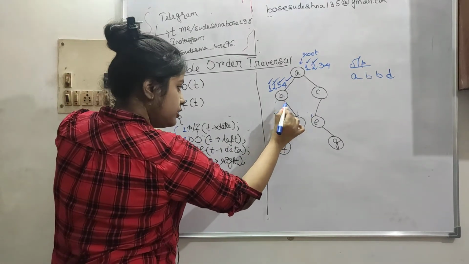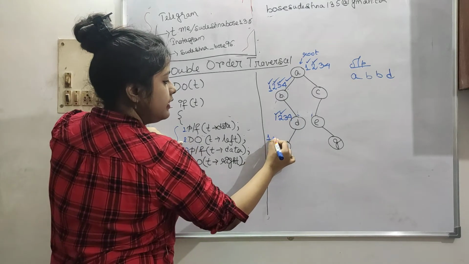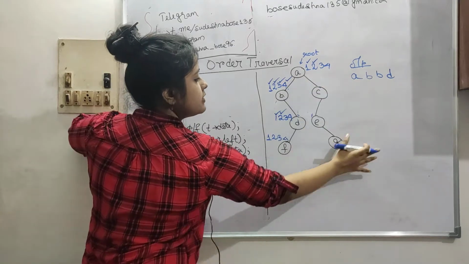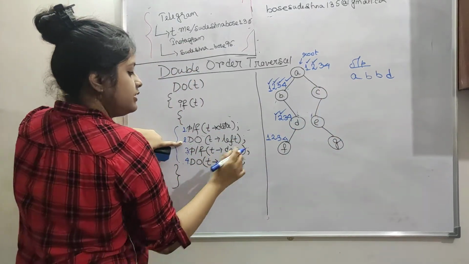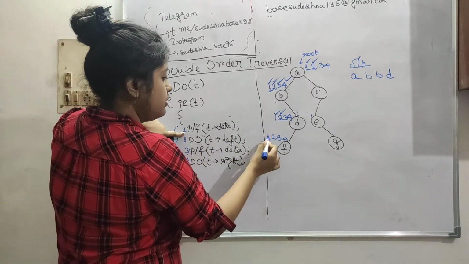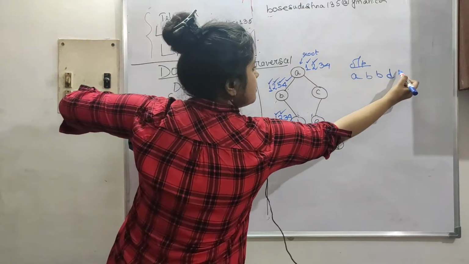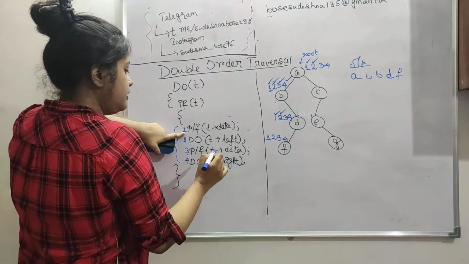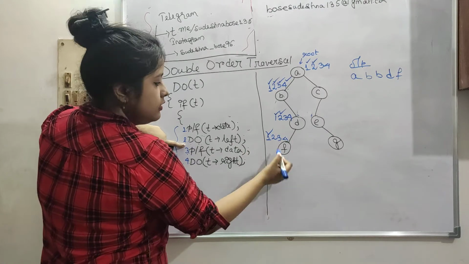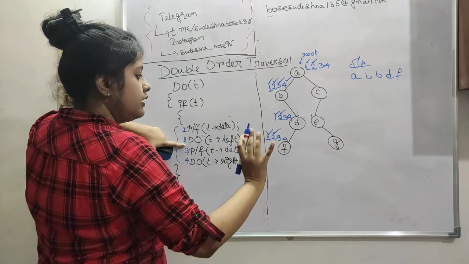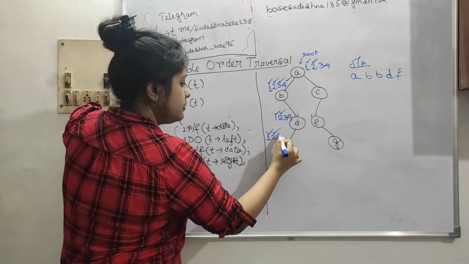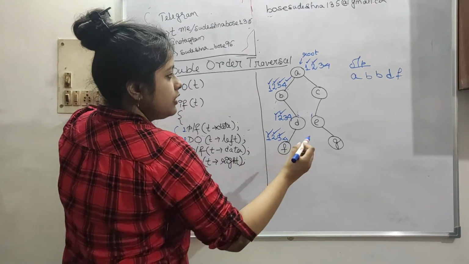So put a tick here and we go to our left subtree. This is our left subtree, this is our right subtree. We go to our left subtree, that is F. Now again 1 means T arrow data, we have to print F. Done. DO T arrow left, it is nothing, so just put a tick and go to the next line, printf T arrow data. 3 is T arrow data, we have to print F.